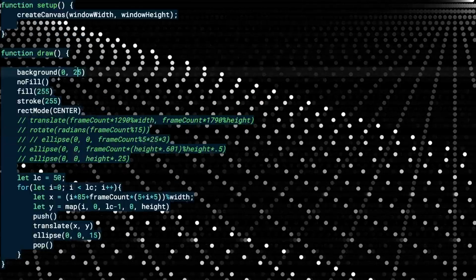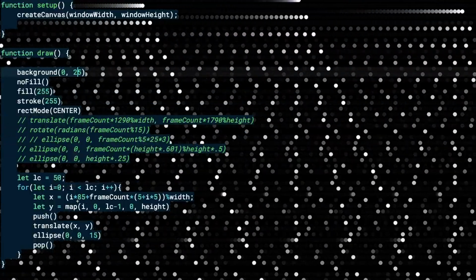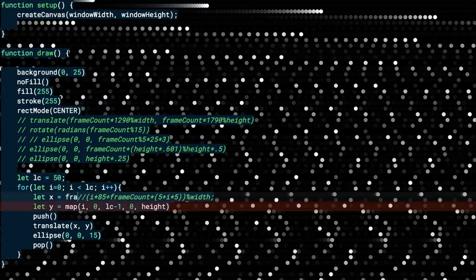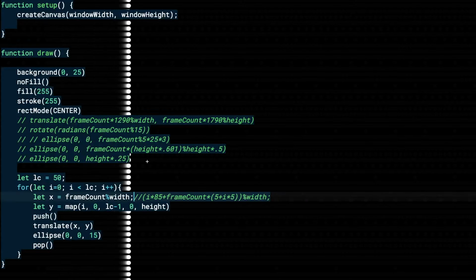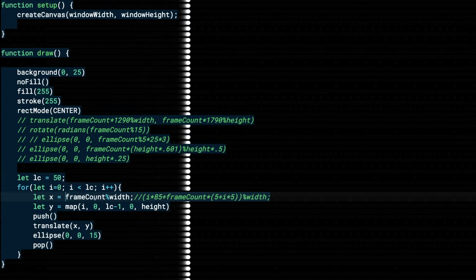But I was also curious just to have these things move just a little bit faster than each other. So I'm going to turn this off for a sec and say frame count modulo width to get them moving at the exact same speed again. And I kind of just wanted to give some a head start. So I'm going to try that one more time. I think,